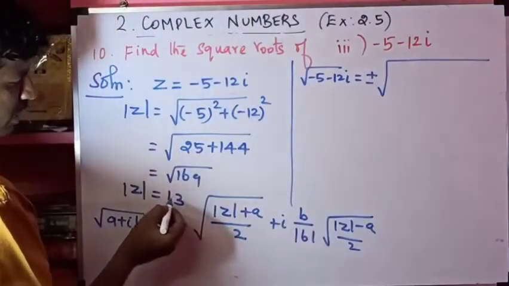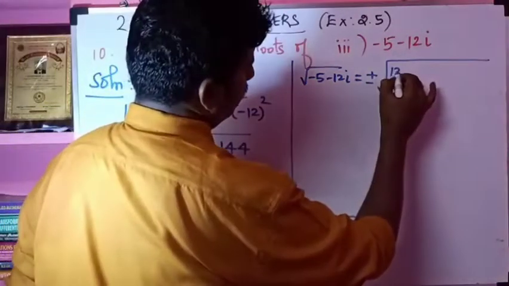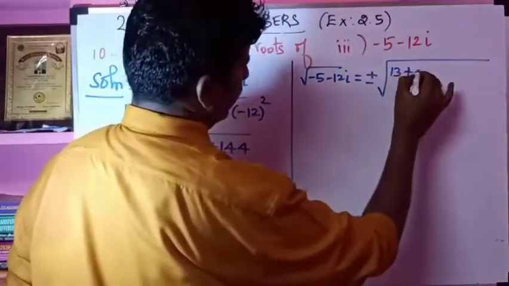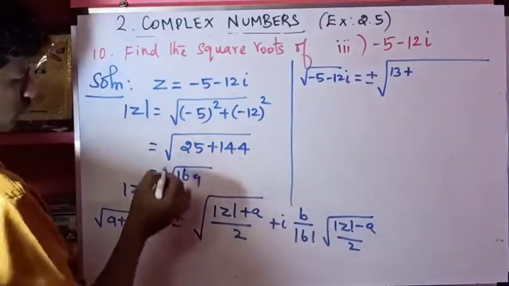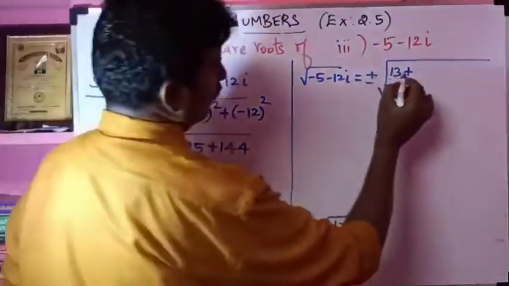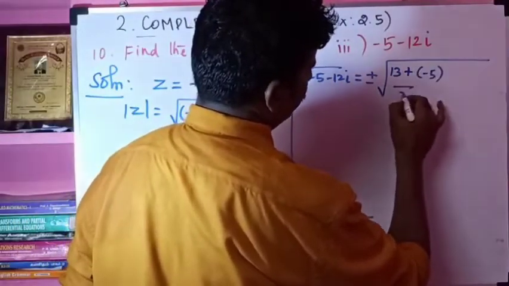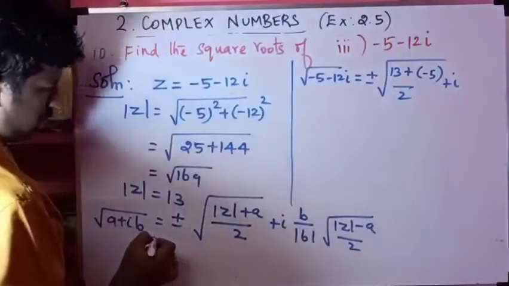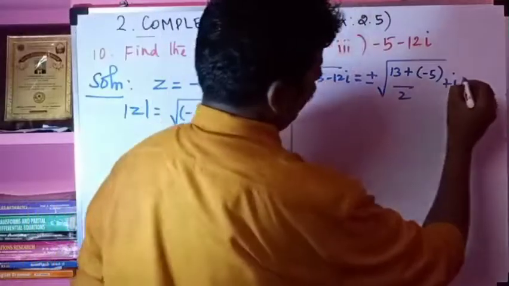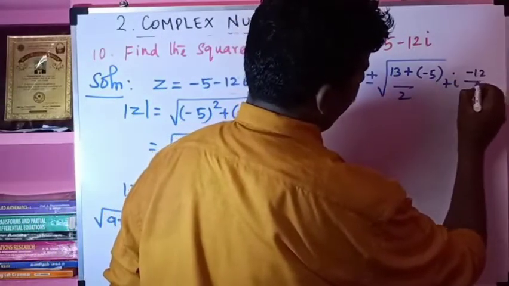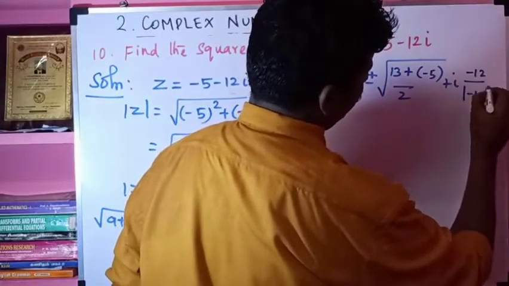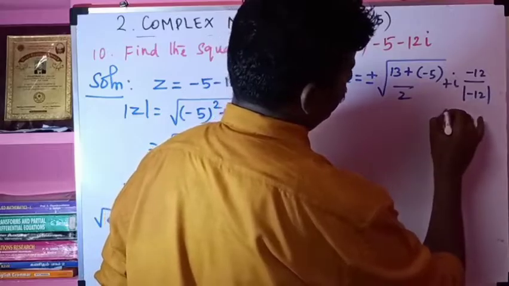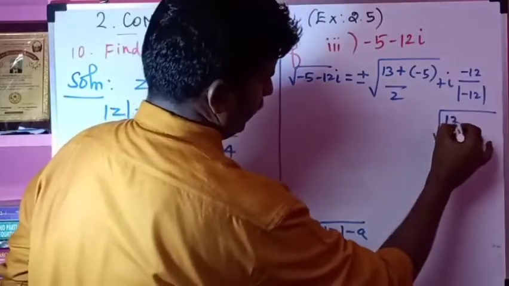Modulus z value 13, the 13 plus the a value, a is equal to, what is that here? Minus 5, the minus 5 by 2, right? So plus i, the b is equal to what? B is equal to minus 12, the minus 12 by modulus minus 12 into, this is modulus z, the 13